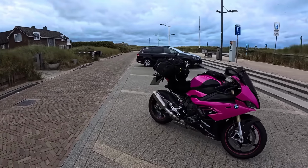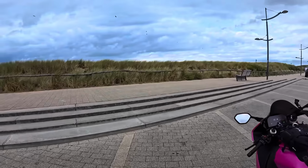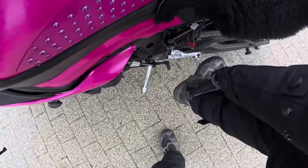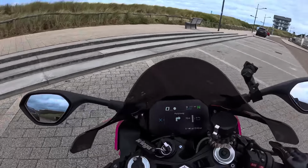From beautiful Netherlands, I'm near Amsterdam at the moment and I'm just riding around looking at the beach. You can't see it because there's seagrass in the way, but there is sea over there. I'm going to go to another beach. Maybe I can see the sea from a different beach. And while I do that,